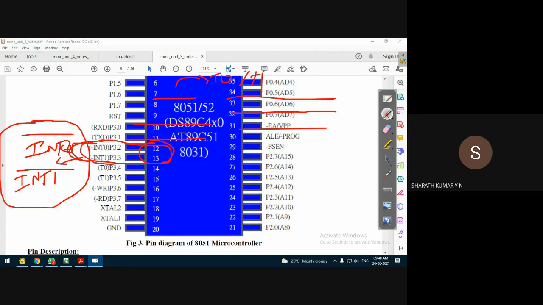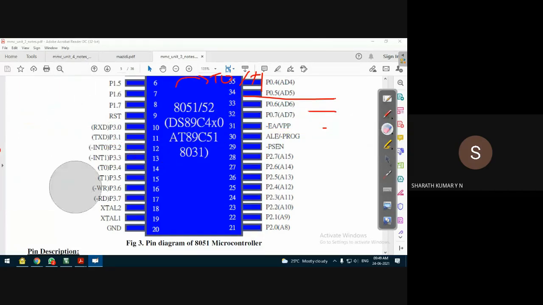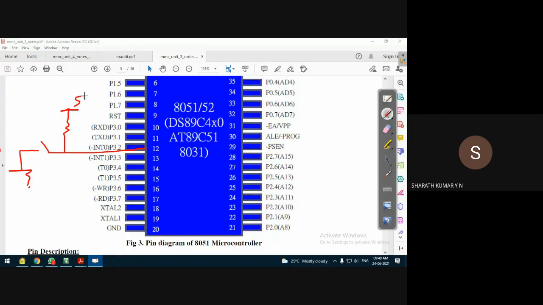These pins, which act as external hardware interrupt input pins, can also be used as a gate input, so that we can start and stop the timer using external hardware, such as an external switch. For example, let's say we have connected one switch to P3.2. Through a resistor, we have to connect it to VCC. Why it is so, we'll understand later.